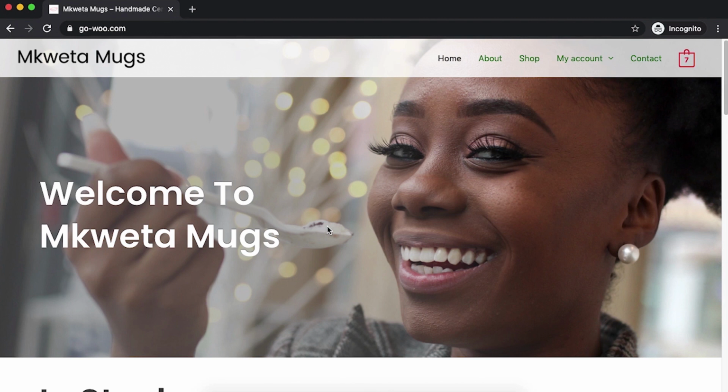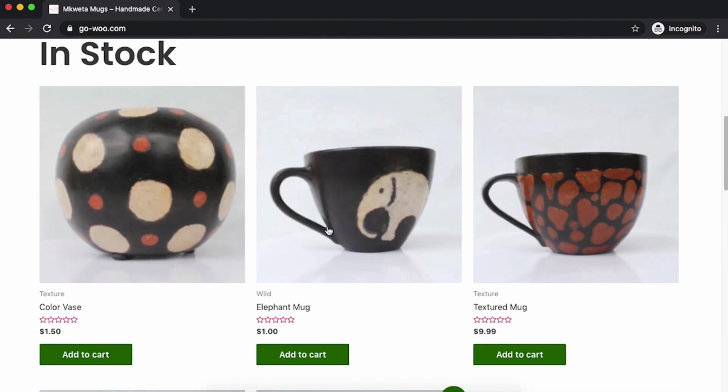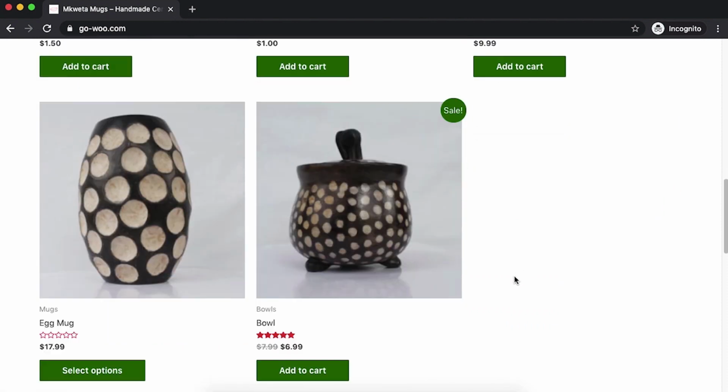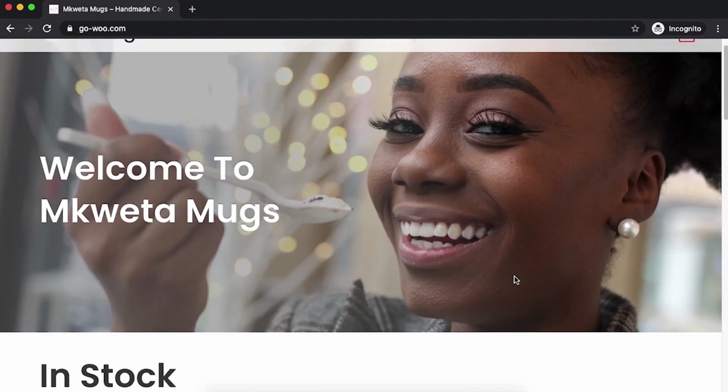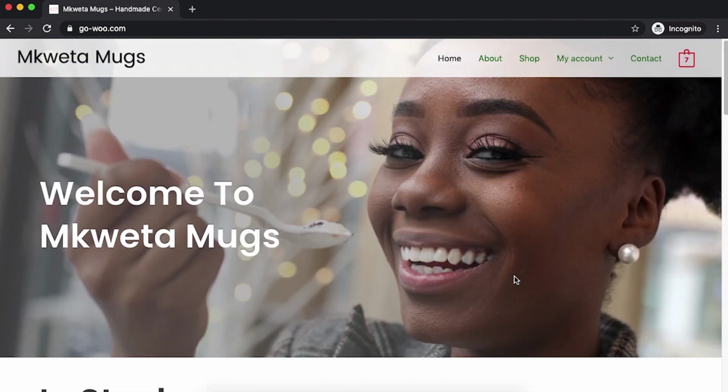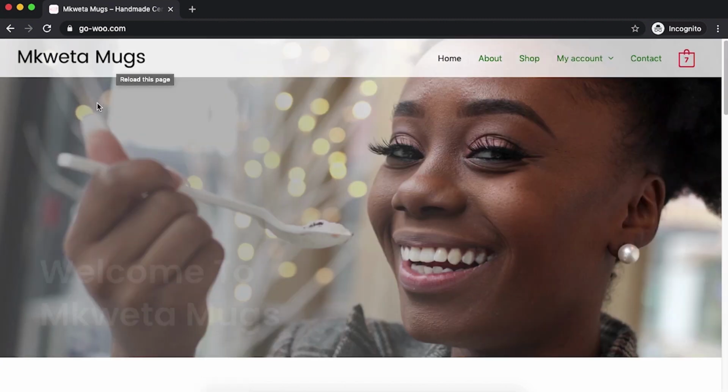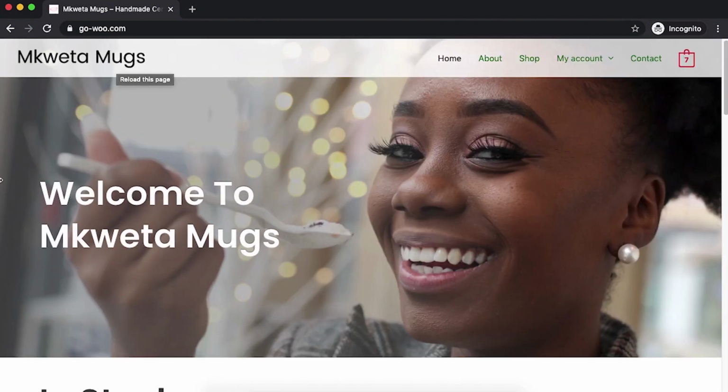Okay, so we are almost done with creating our WordPress e-commerce website. Now, what we need to check before we actually launch our website are two things: the website speed and website mobile responsiveness. Because if your website is not responsive or even fast enough, it will be really hard for people to access it and even use it. So to test for our mobile responsiveness, we are simply going to go to a live page of our website, and I'm simply going to